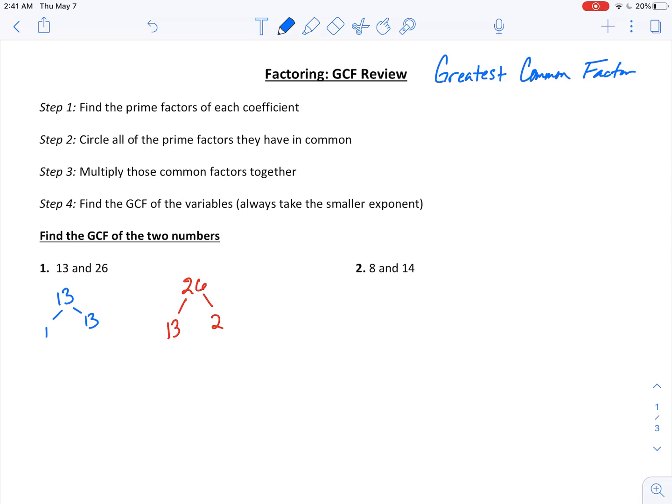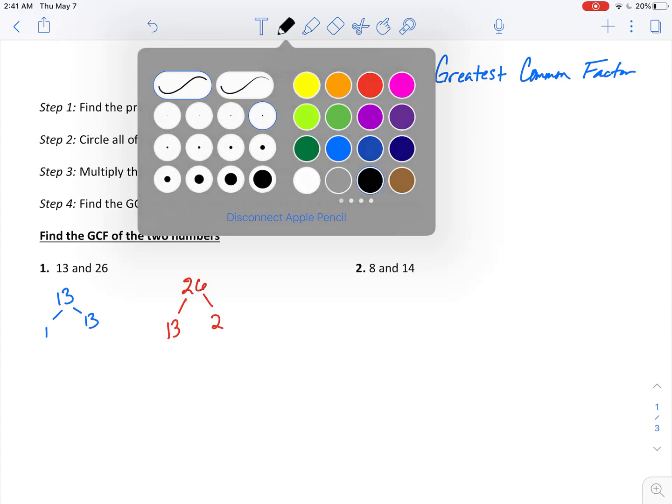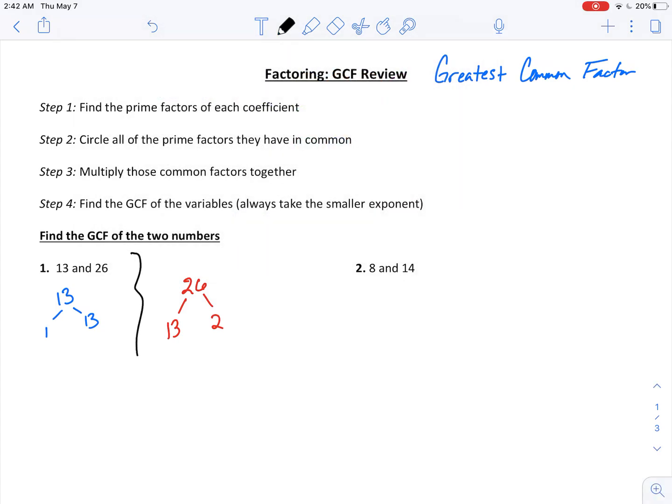So once we've done this, we're going to start circling all of the factors that they have in common. So I'm not going to cross that dividing line there, and let's circle all the things they have in common. Well, they each have a 13. So I'm going to look at all the numbers that I circled in just one of these, and you can pick either one, it doesn't matter. And I've only circled one, so my greatest common factor